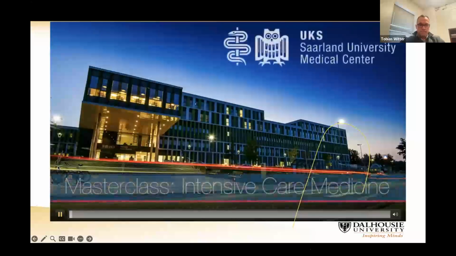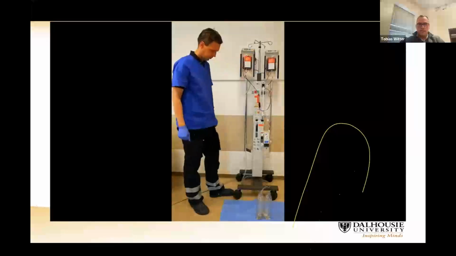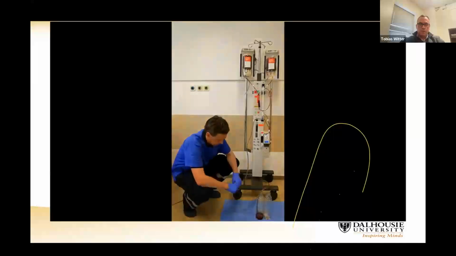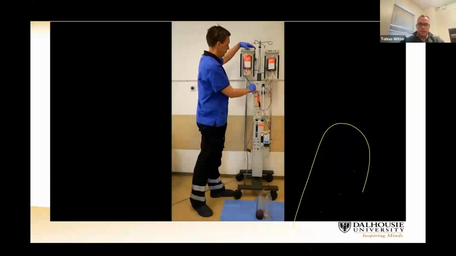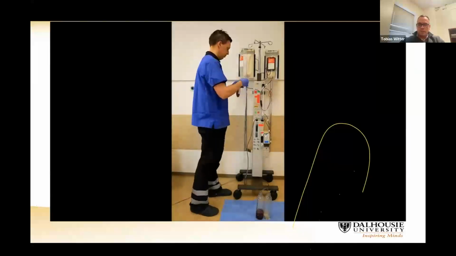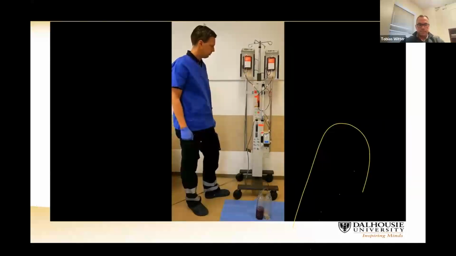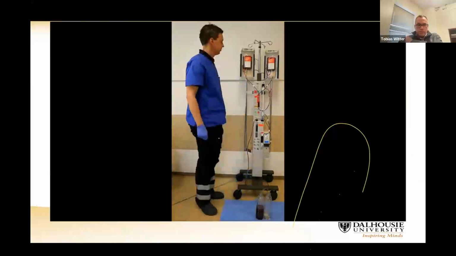And then what you'll see now is a massive transfusion device, which can help us in those settings, because we can run a whole lot of blood through, or a whole lot of fluid through a device that not only puts it in under pressure and puts it in fast, but also warms it up. And therefore we avoid hypothermia, which, as we learned earlier, is not great in that setting. So you can see how quickly this runs in.